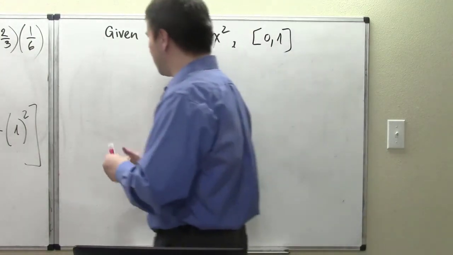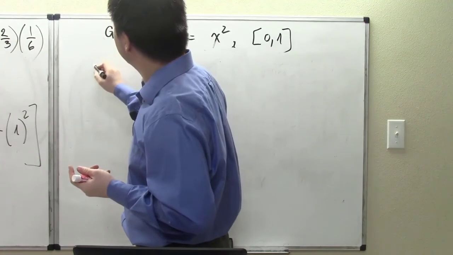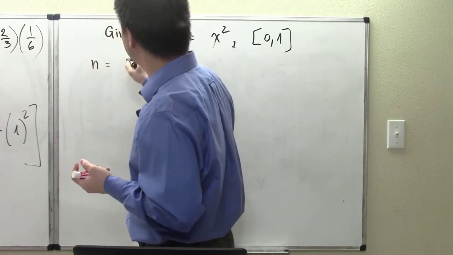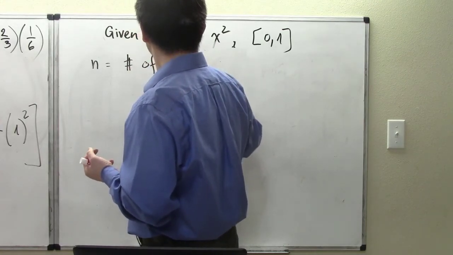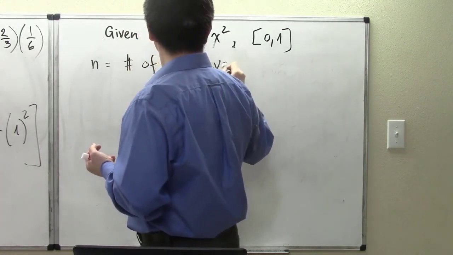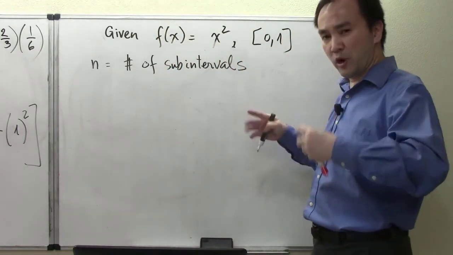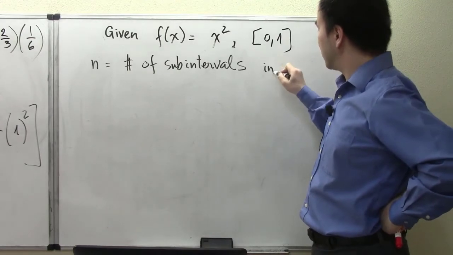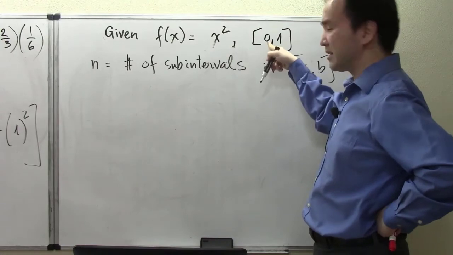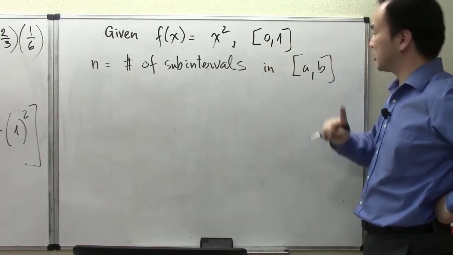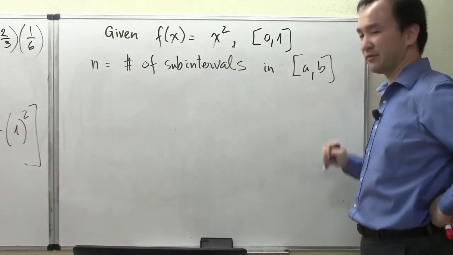All right, so as a generality, let n here be the number of subintervals inside of our total interval. So how about in the interval from a to b? Our problem was that famous function x squared between, so a is 0 and b is 1. But generally speaking, n is the number of subintervals inside of that. And so